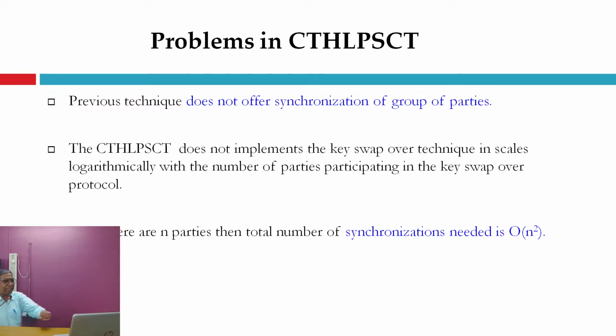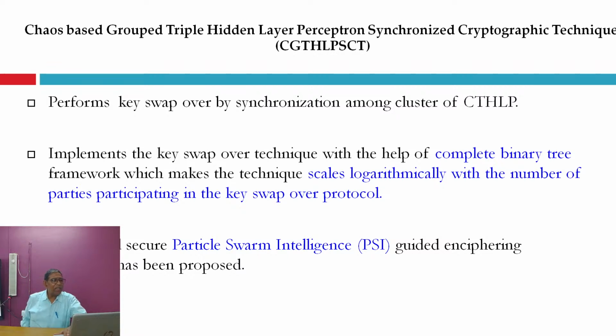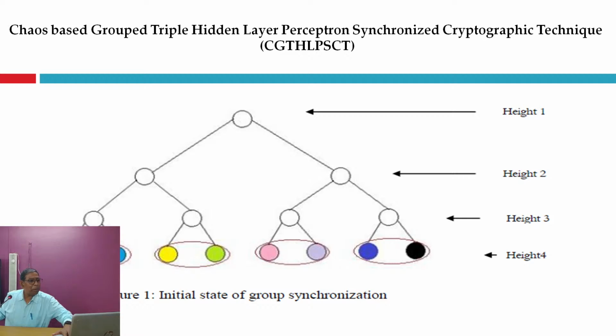So now my next chapter is the tuning of the grouped triple hidden layer. We have used the triple hidden layer, but we did not tune the complete group. We have tuned a particular portion of the network at both ends. That means only some left child we are tuning, only communicating with that left child. The intruder does not know the network, but the networks are identical, so you tune the network. But definitely the tuning time is more,